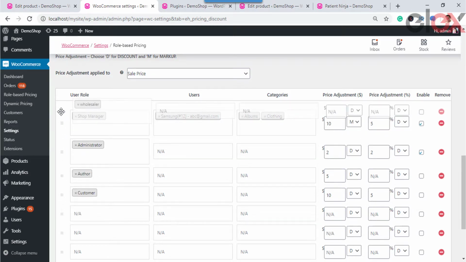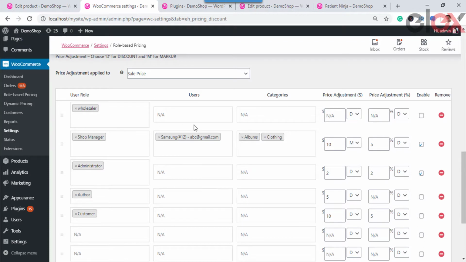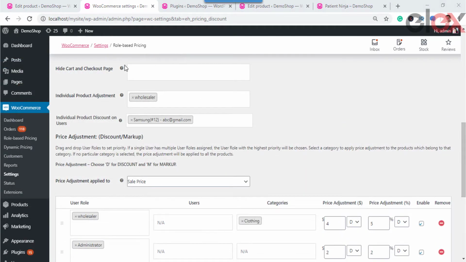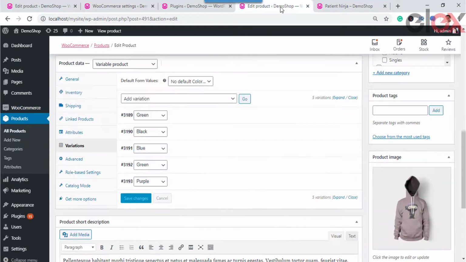If a user comes under multiple user roles, he or she will get the discount of the user role which has the highest priority. There is one-click enable option as well as a delete option to apply or remove the price adjustment applied. You can apply a role-based setting for product variations too. After enabling individual product adjustment for specific user roles here, you can see that each product variation displays the option